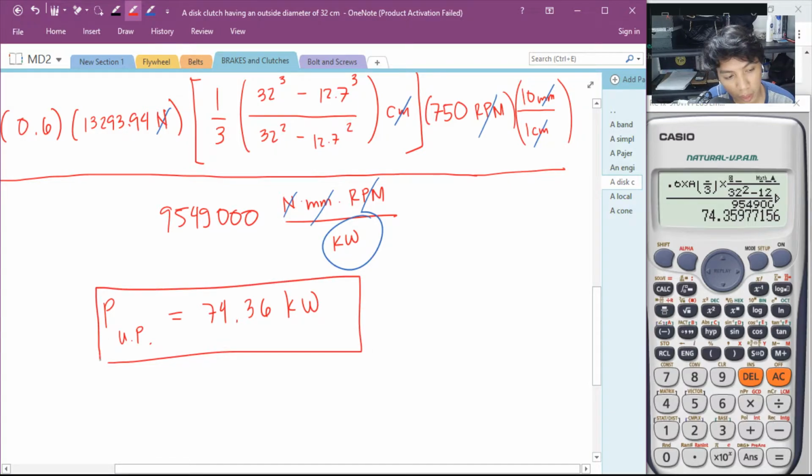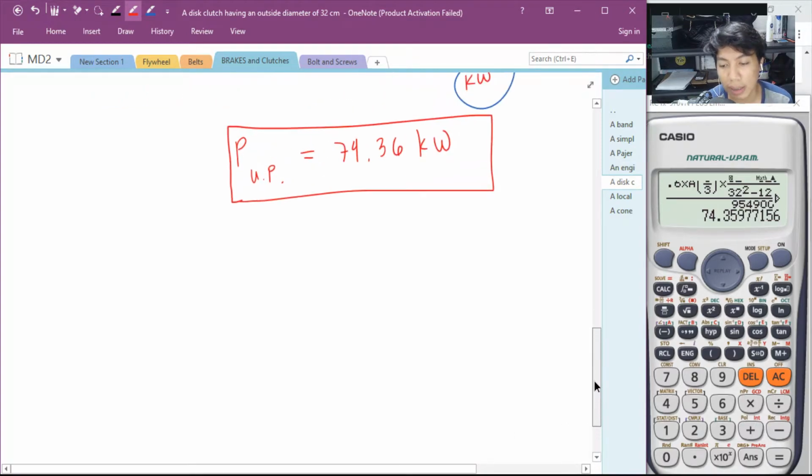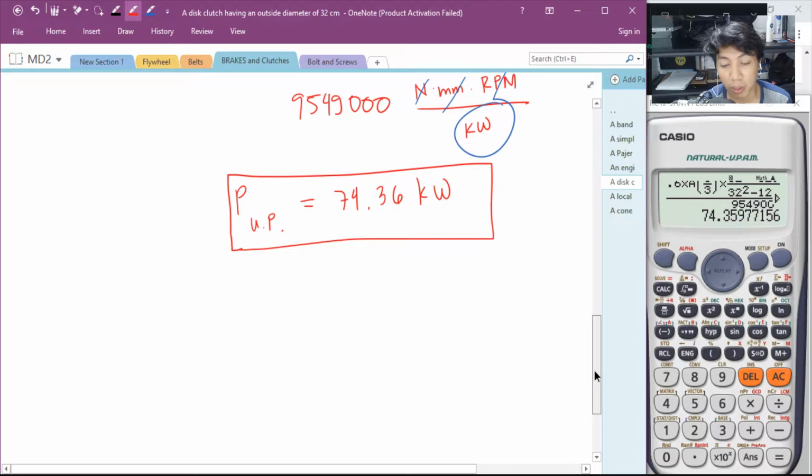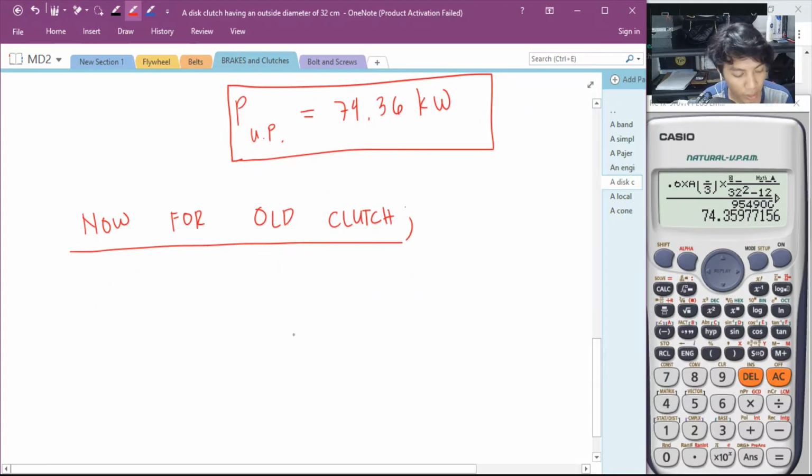What if sinabi naman sa problem, may follow-up. What if you are asked to find the power using the method na used clutch siya or uniform wear? Now, for uniform wear or for old clutches, gamitin natin yung formula that your power is equal to N, the number of clutches, F, multiply to FA,